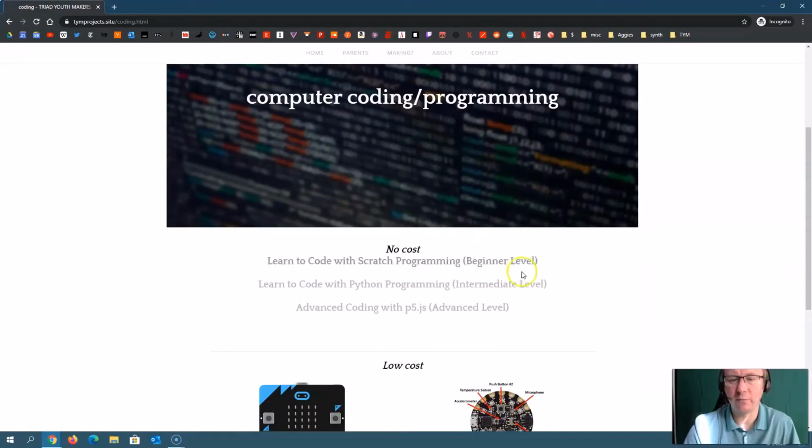We'll scroll down. In the prior slide, we looked at where we talked about beginner level coding, and this is for coding for students, maybe elementary, early middle, that don't have a lot of programming experience or maybe just a little in school. This is a good place to start. But if you're a middle school student or a high school student or even an upper elementary school student that has some experience coding before, Python is a great language to learn. It's a professional programming language used by NASA, Google, Facebook, lots of technology companies, but it's also fairly accessible for new learners to learn. So we're going to click on this one here that says Learn to Code with Python